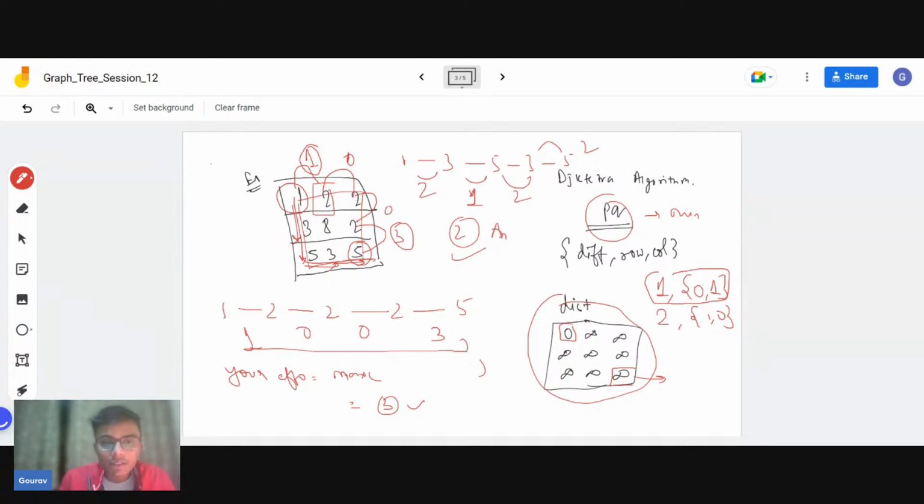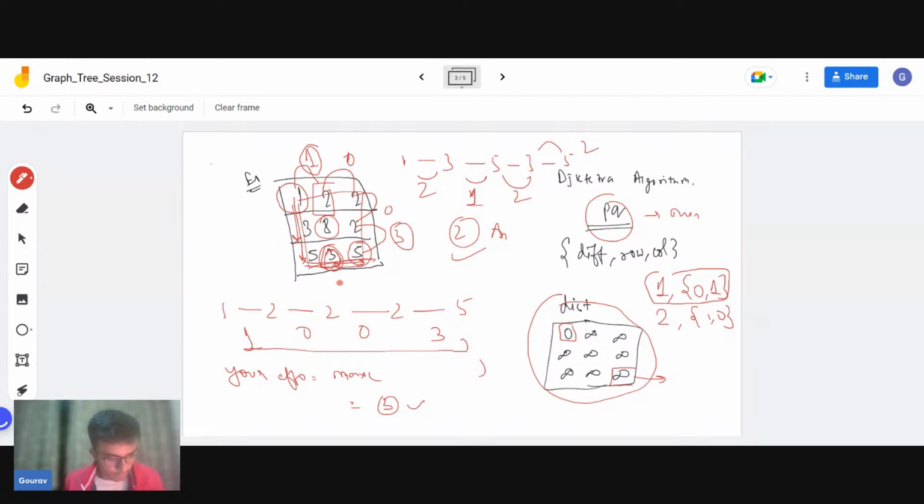Whenever we are reaching our destination, let's say I am standing on this node, row is equal to 3 and column is equal to 1. Now I am able to reach node number 5.